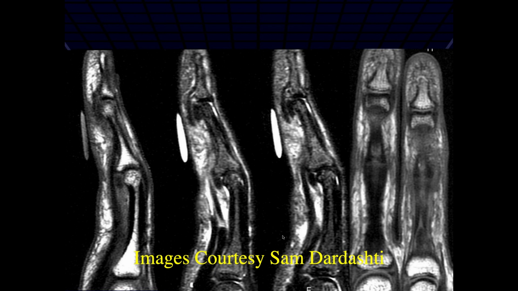Is that because that's where those two tendons are crossing over, or why is that area difficult? No, it's the pulleys. The pulleys scar in with a repair, and no matter what you do,